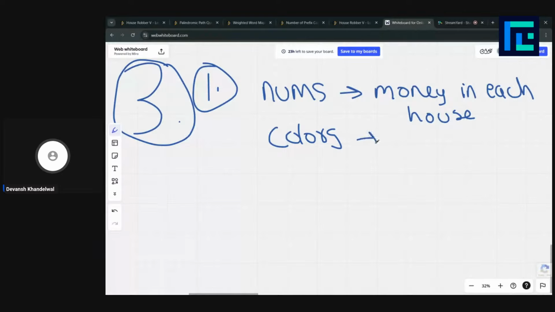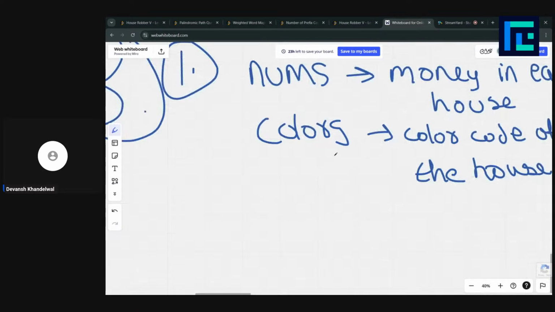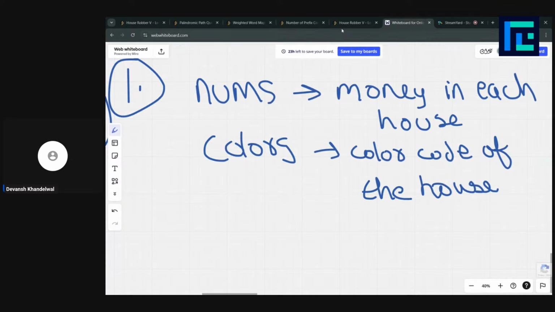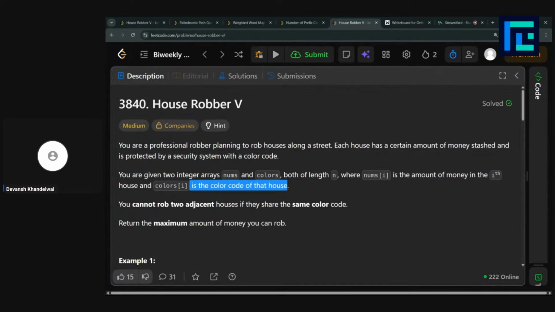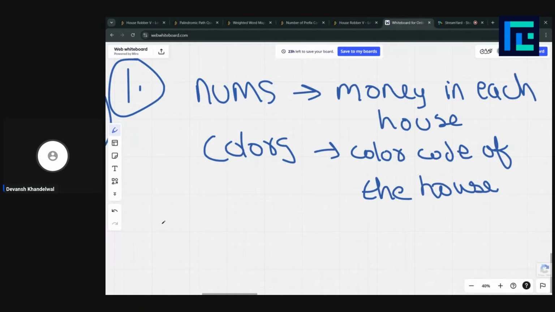The colors array tells us the color code of the house. And we are given that we cannot rob two adjacent houses if they share the same color.